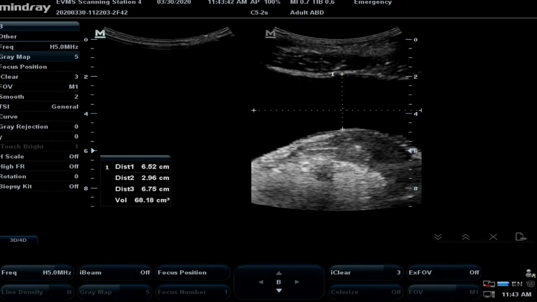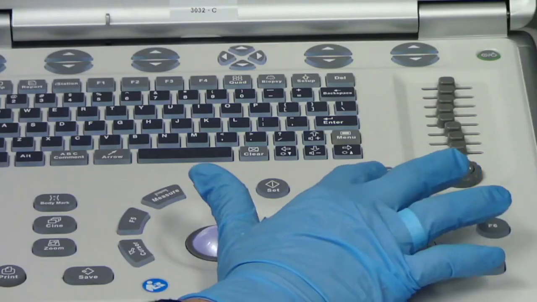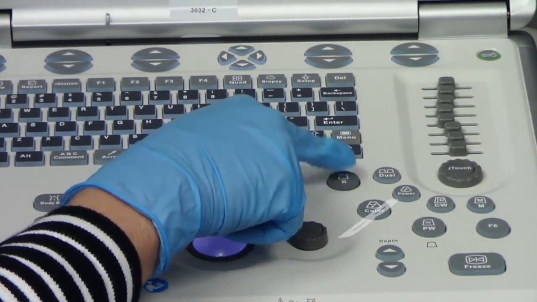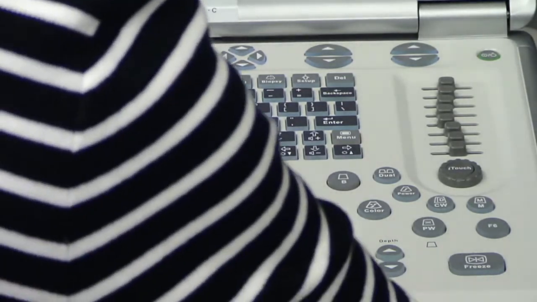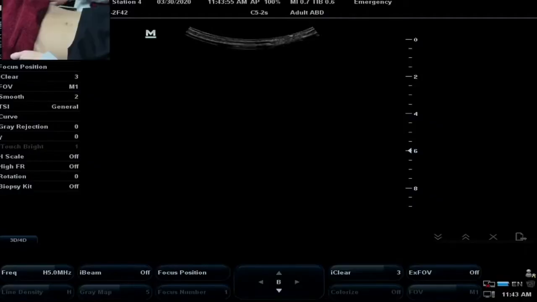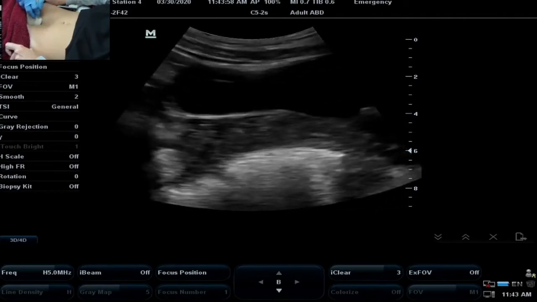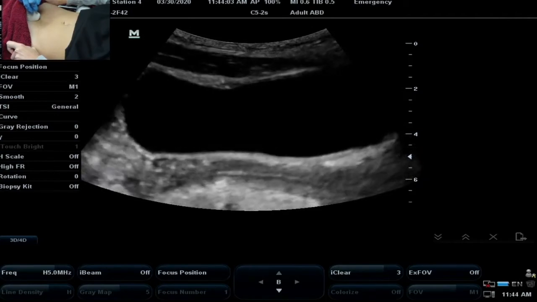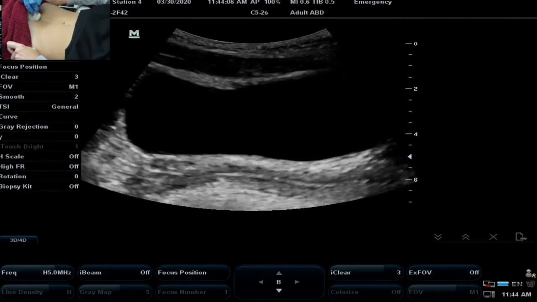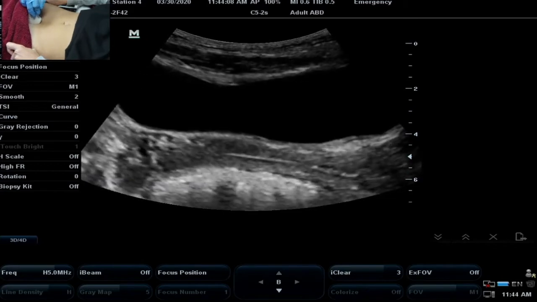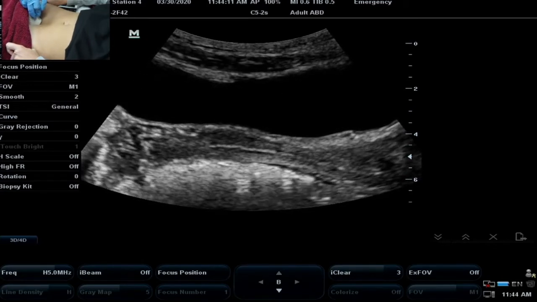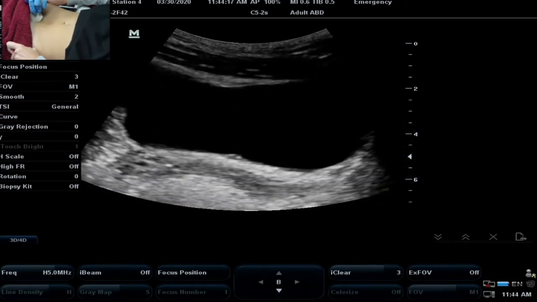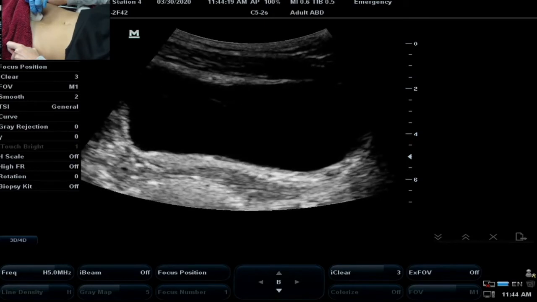So let me take us out of dual by just pressing the B mode button, which is right beside dual, and we'll go back to acquiring an image. I'm going to adjust my depth, and I'm also going to adjust my pressure on the patient. If I press too hard, look how it squeezes the bladder off my screen. If I just loosen my touch a little bit, I can get all the borders of the bladder. I'm going to freeze my image,